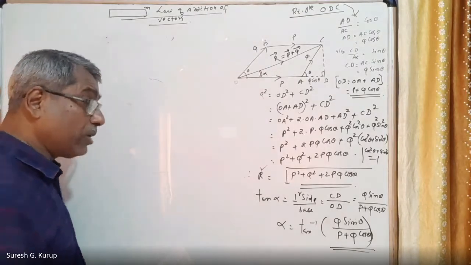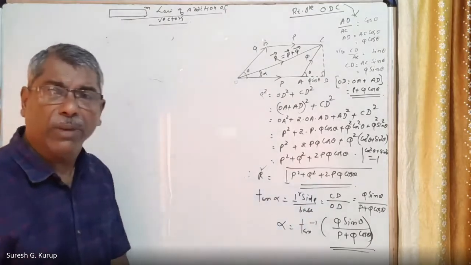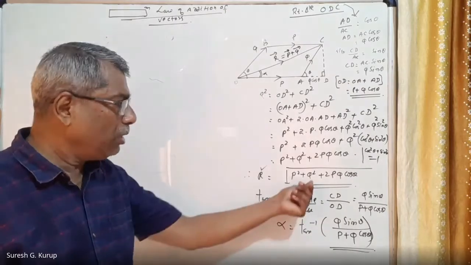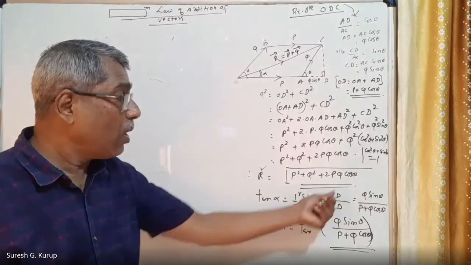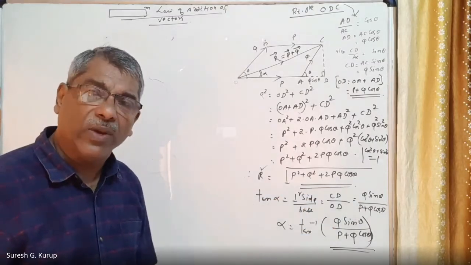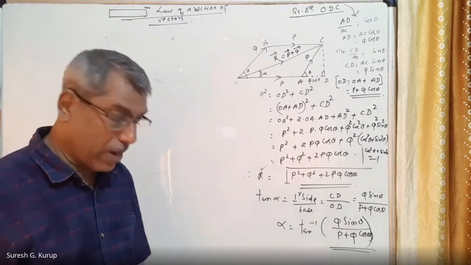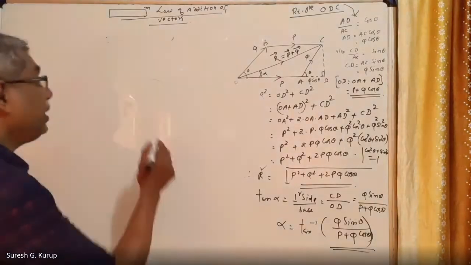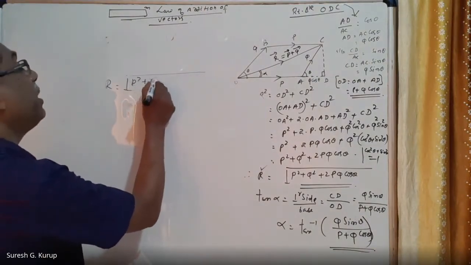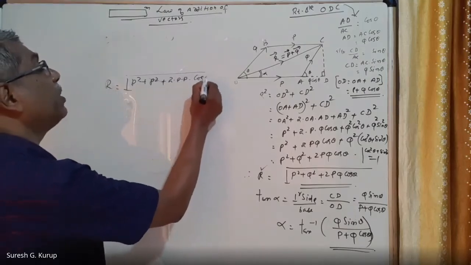So if the two vectors are equal in magnitude, then P and Q are equal in magnitude. So in this place, what can you write? In place of P, let that be P only. In place of Q also, you will put P only. All the places where Q is there, you will put P, or all the places where P is there, you will put Q, because P and Q are equal in magnitude. Then what will happen? Then R is equal to the square root of P square plus again P square plus 2 into P into P into cos theta. You will find.